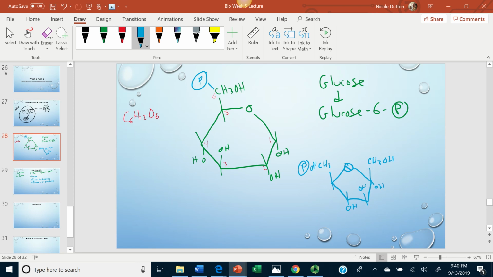It looks a little bit more symmetrical, and instead of being a 6-carbon ring, or a